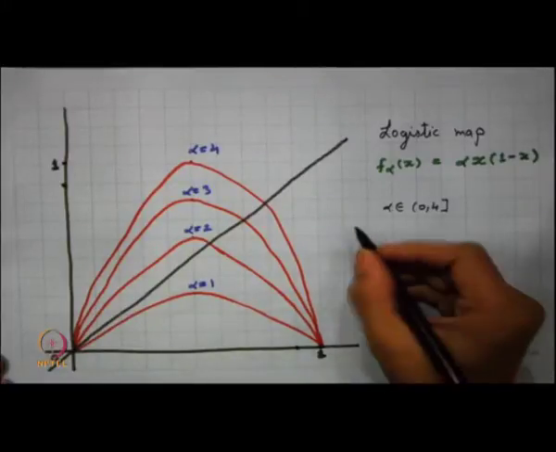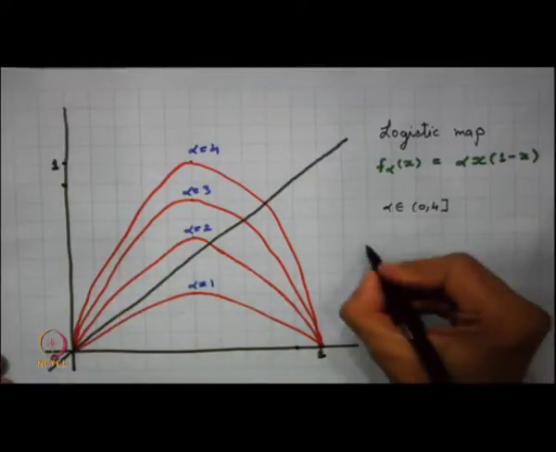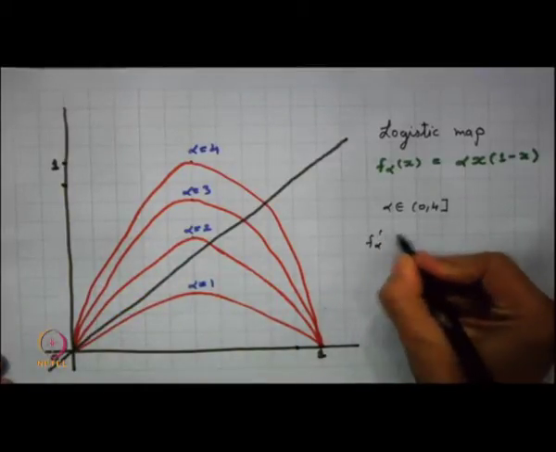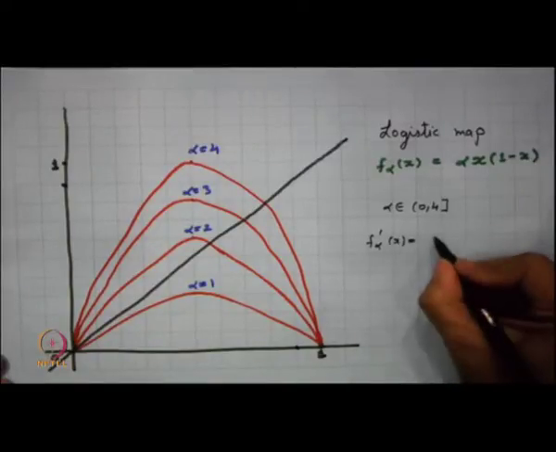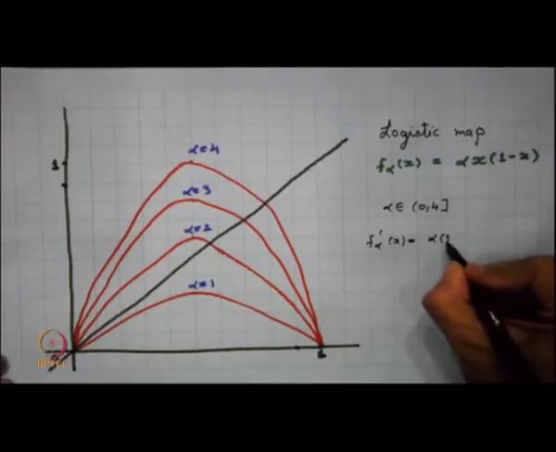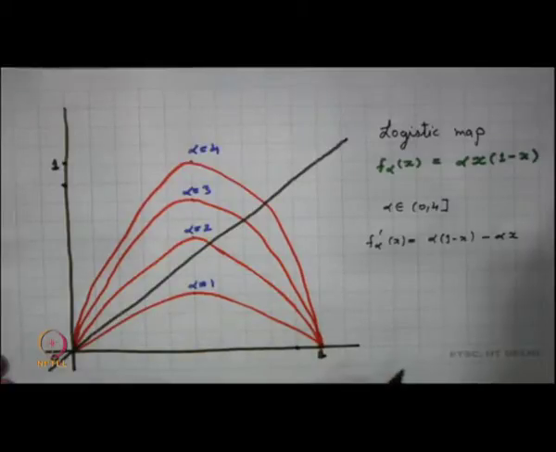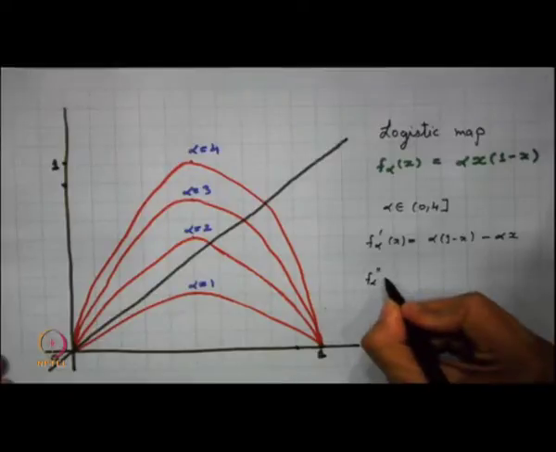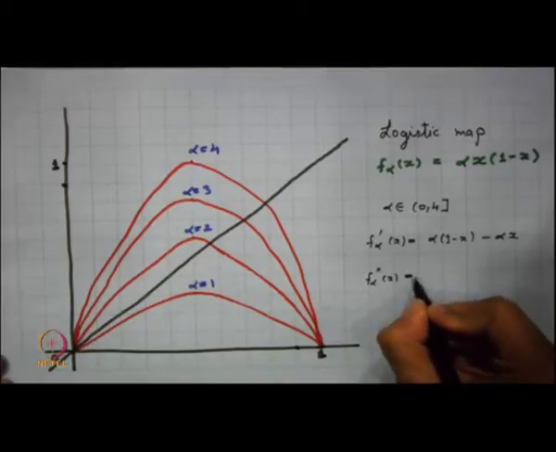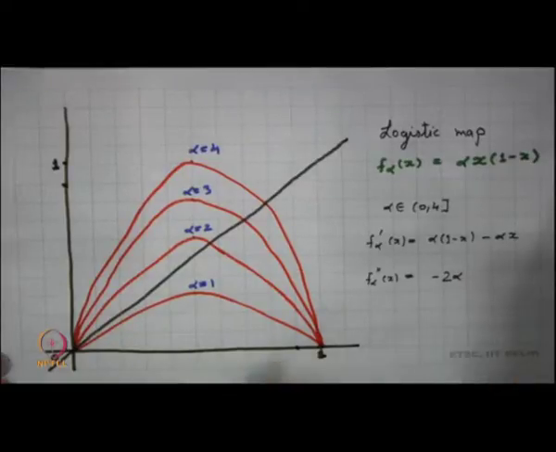Also, we observe the derivative of f in this particular interval. We find that the derivative f alpha prime of x happens to be equal to alpha times 1 minus x, minus alpha x. This is your derivative, and if I look into the second derivative, what should it be? Minus 2 alpha. So, the second derivative turns out to be minus 2 alpha.